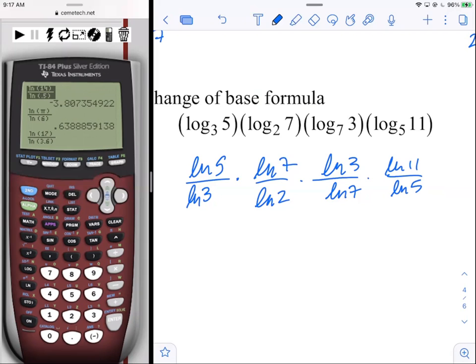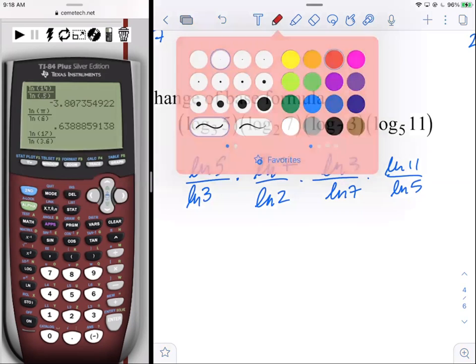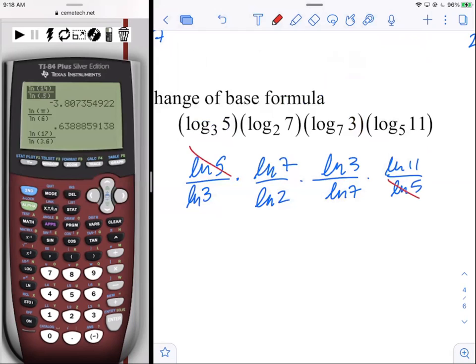I don't want to have to type all that stuff in, but once we tear the walls down, since it's one big term with multiple factors, remember, common factors will divide out. Do we have any common factors? Yeah, we have a few, don't we? Let's see what that looks like. I'll use red. Natural log of 5, see ya. Natural log of 7, see ya. Natural log of 3, adios. And we're left with the natural log of 11 over the natural log of 2,